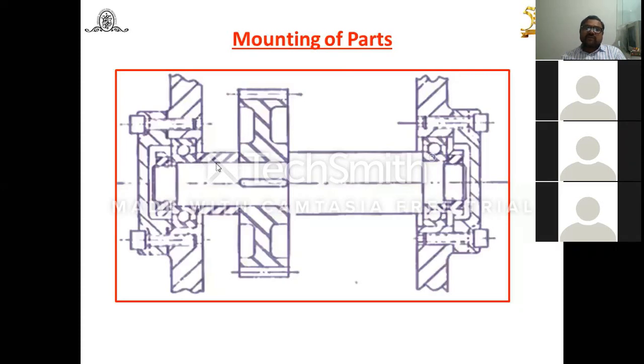What care do you have to take? You have to retain the axial as well as the radial movement of the parts. Accordingly, you can use locking devices. You can use rings or the different elements which are available in the data book to lock it properly, radially as well as axially. For radial, generally keys are also used sometimes from this side. Snap rings you can use from this side. For that purpose, grooves are provided on the shaft. Accordingly, you can fit it properly. The different elements are available.